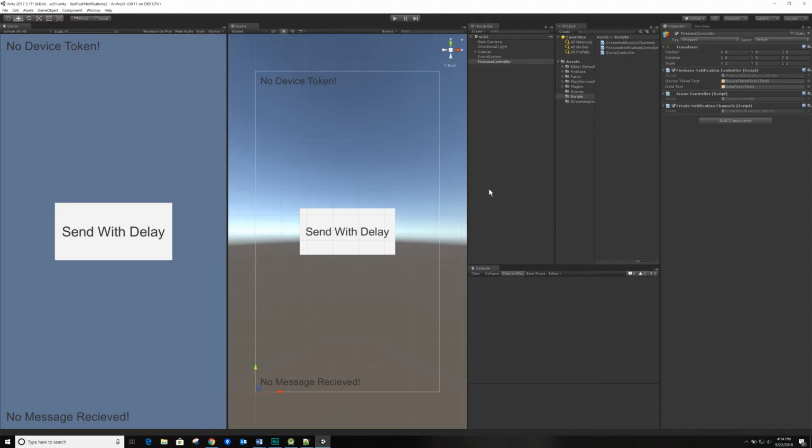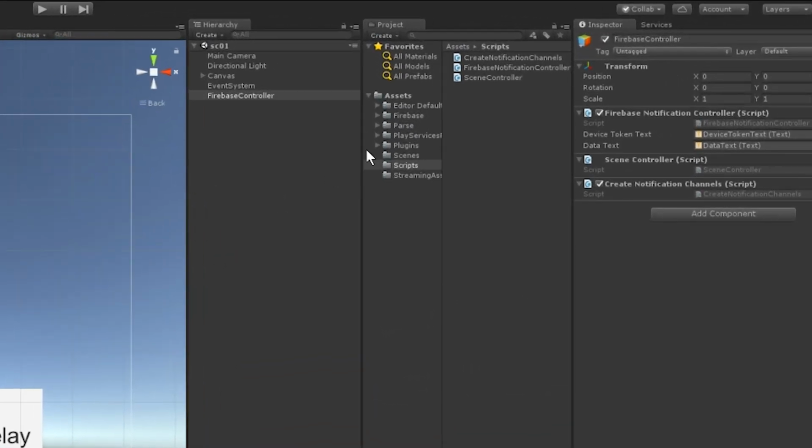And if you've been following along with the tutorial series, you'll know that this is basically just the same application that I've been working with. Nothing too special. It just makes sure that we are receiving a device token and we can do some cool stuff with sending messages. But now that we're over here, the first thing that we want to check is